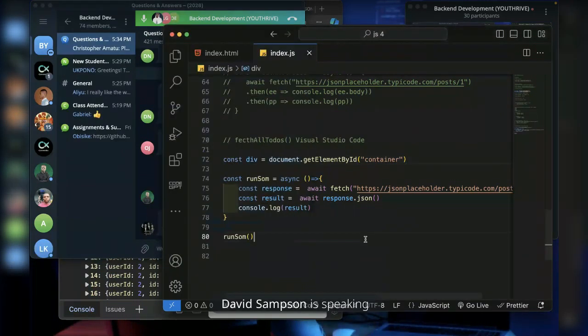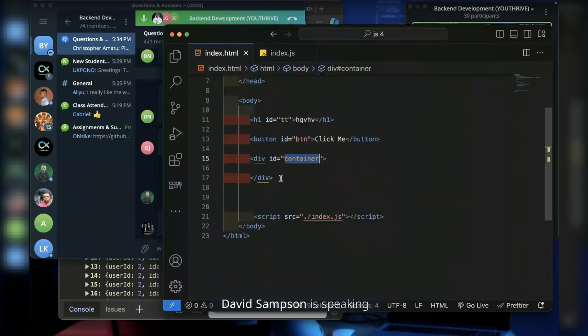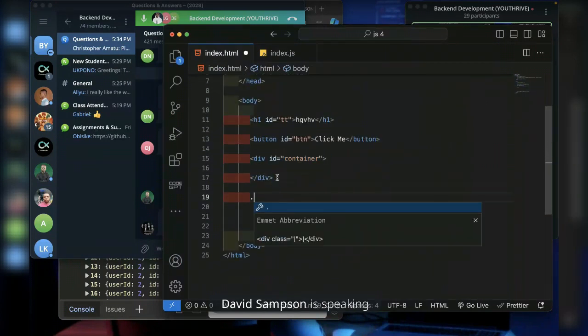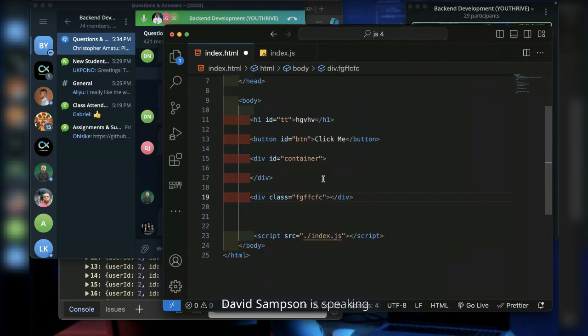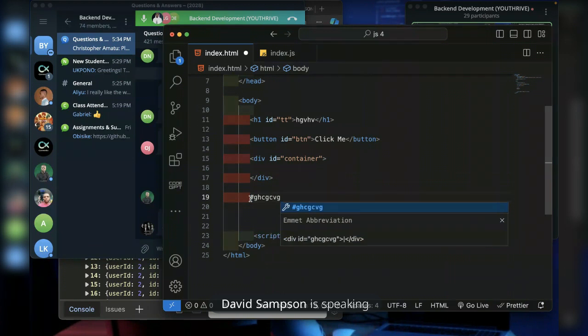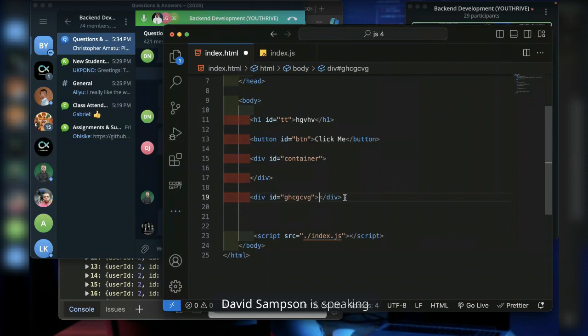So do you have a question? So the shortcut is this. What I did was, when you type dot, it knows that the next thing you're typing is a class name. So if you hit enter, it will create a div with the class of that name.